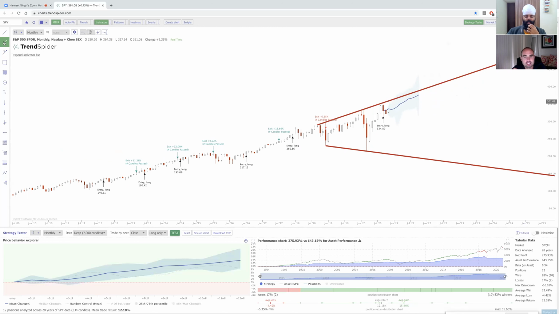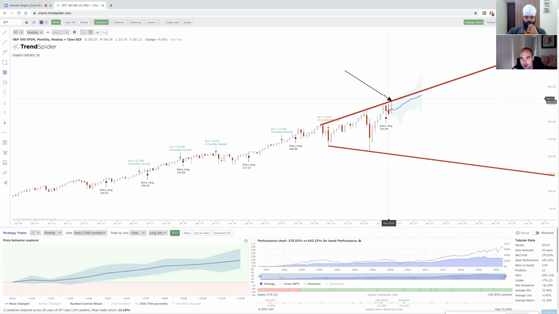But it is important to remember we are right at this resistance zone. So we could easily pull back. We could even fill a couple gaps in the 290s, and we could still, over the next 12 months, be pretty significantly up. So that's what we have to remember. These are monthly candles. We are at a very strong level of resistance here. We're going into